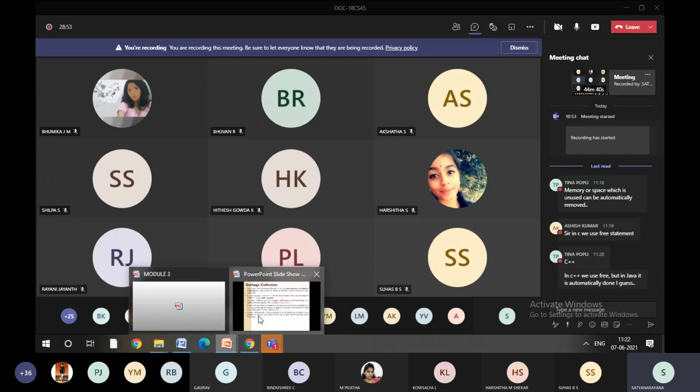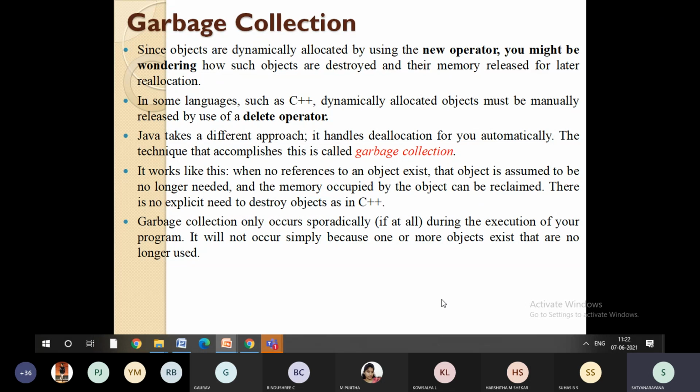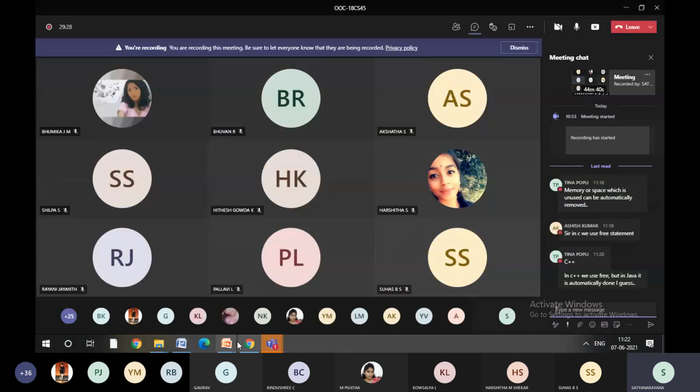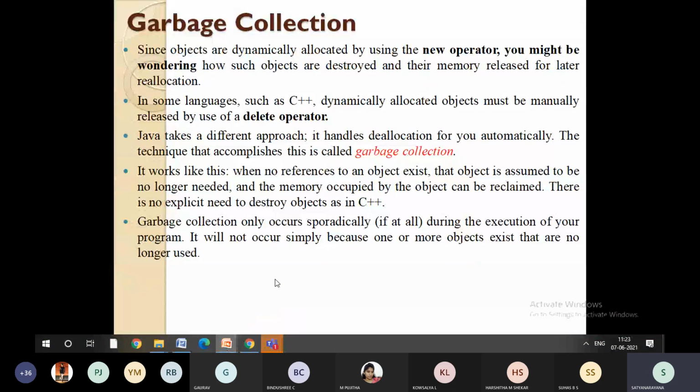Whereas coming to Java, we are going to use the concept called garbage collection, which automatically deallocates the space for the variables which are not used in the program, and the variables which are not used for a long time. Say for example, if I defined a variable called B but I have not used it, the compiler will treat that it is not required and it will deallocate the space for that. So this process of automatic deallocation of space in Java is called garbage collection.